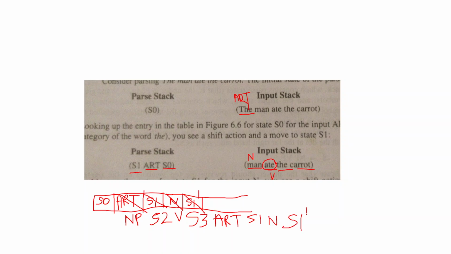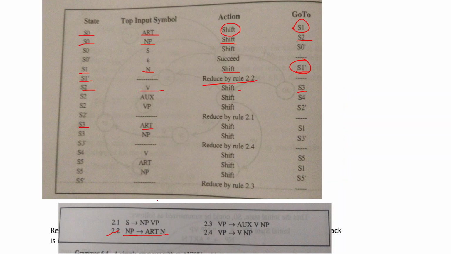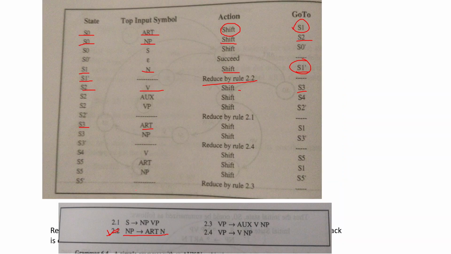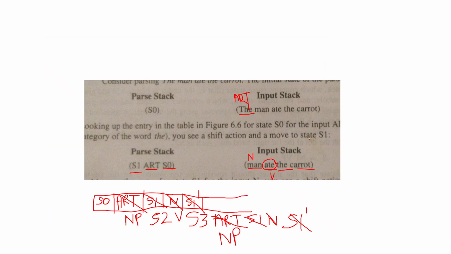So this is the stack state. S1 dash. Now with S1 dash you again have to go for a reduction by 2.2. 2.2 means on the right hand side you have article and noun which have to be popped. So article as well as noun are popped and you replace it with the noun phrase. Noun phrase and S3 is the state you are in. So S3 and noun phrase means you have to shift noun phrase and move to S3 dash. Now you will put S3 dash here.